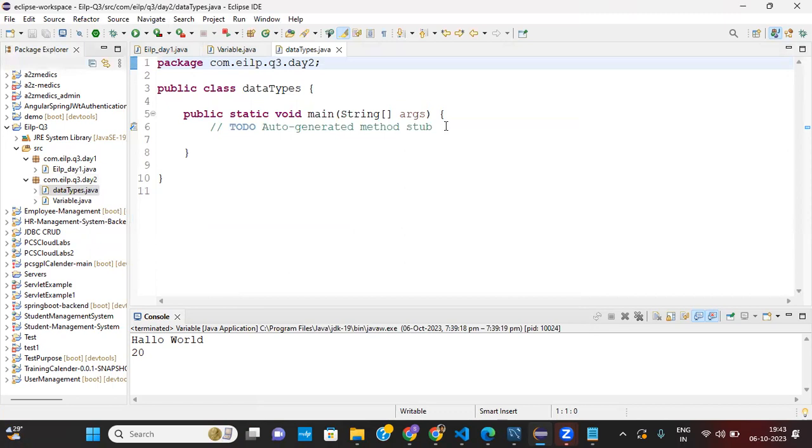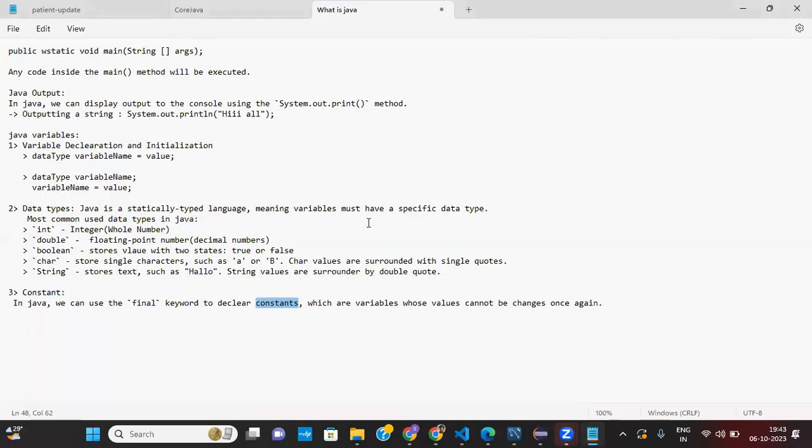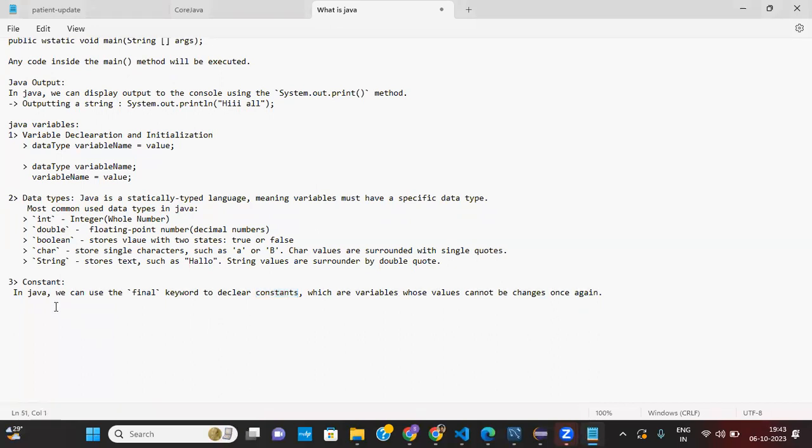Data types, right? So first, let's see what data types we have. We have two types of data types: one is primitive data type and another is non-primitive data type. Okay.